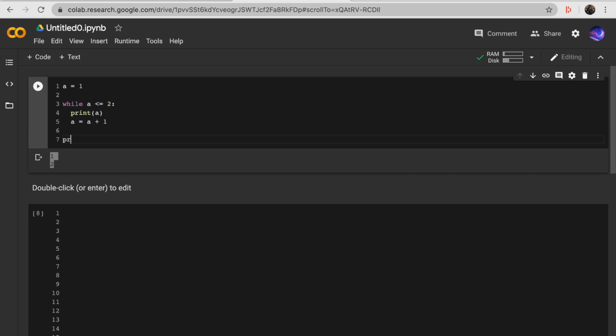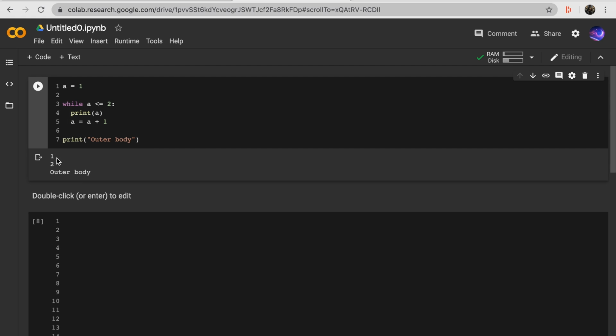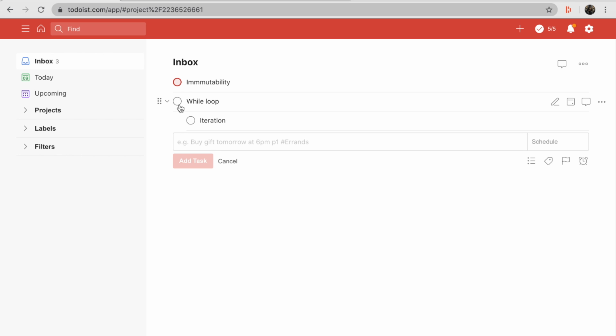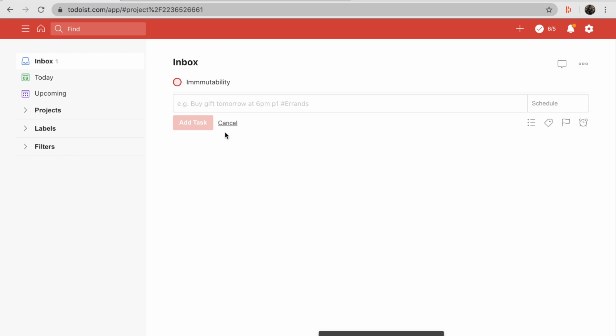Let me just write print outer body, so you can get a little bit of a feeling of this code. It's going to say 1, 2, outer body, because it goes line by line, first this code, then the code here, specifically the code that's all the way out here. And this could prove very good for us. So let me just say while loop, we're done, and immutability